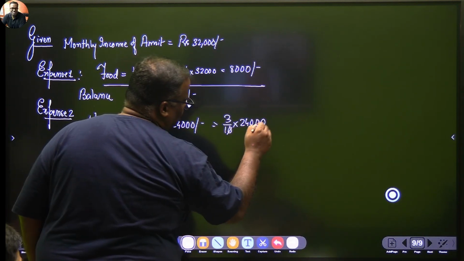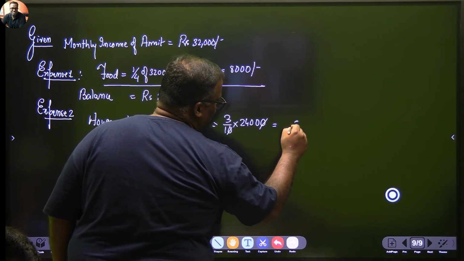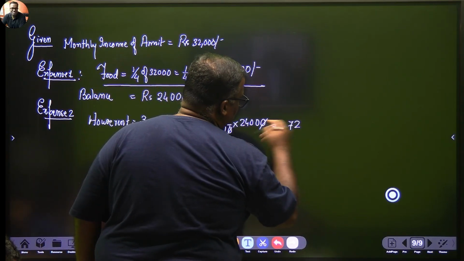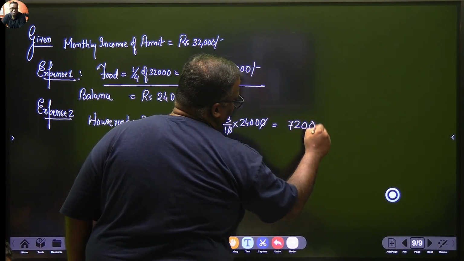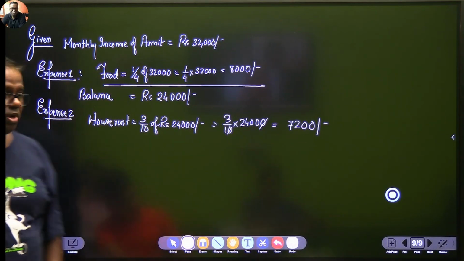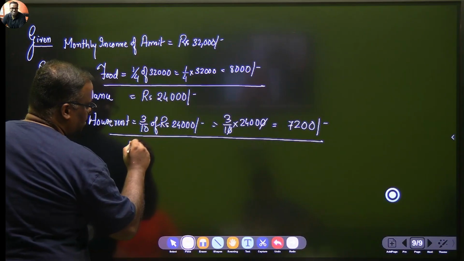0 ने 0 को काट लिया, कितना रहा हमारे पास? 3 4s are 12, 2 1 carry over, 3 2s are 6 and 1 7 and 2 zeros are remaining, तो 2 0 हमने बिठा दिया। तो हाउस रेंट में कितना खर्चा हुआ? 7,200। इसके बाद फिर से बैलेंस निकाल लीजिए, बैलेंस,